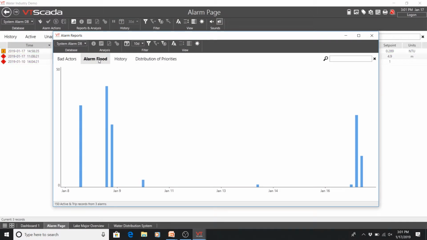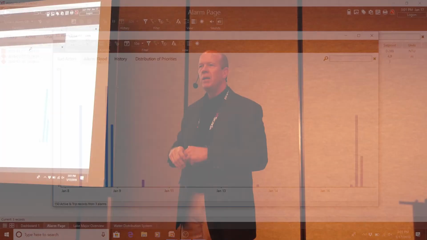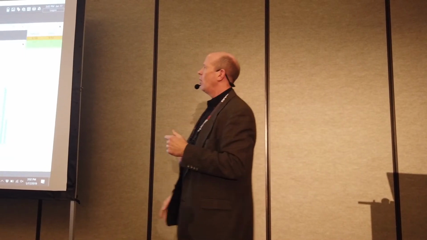That's okay. What I want to look at from this point is the alarm flood. So this is doing a real-time analysis off that alarm database. And what this is saying is, in the last 10 days, here are the days and times, or the range window of time, that alarm's been going off. If I know that on Tuesdays I keep having a well level high at 3 in the afternoon, or between, say, 3 and 7 in the evening, do you think maybe I want to go out there and take a look at that, get there at 2:30 to watch it and see why that's happening? Absolutely. So now you can start to look at the root of the problem and not just solving an alarm.